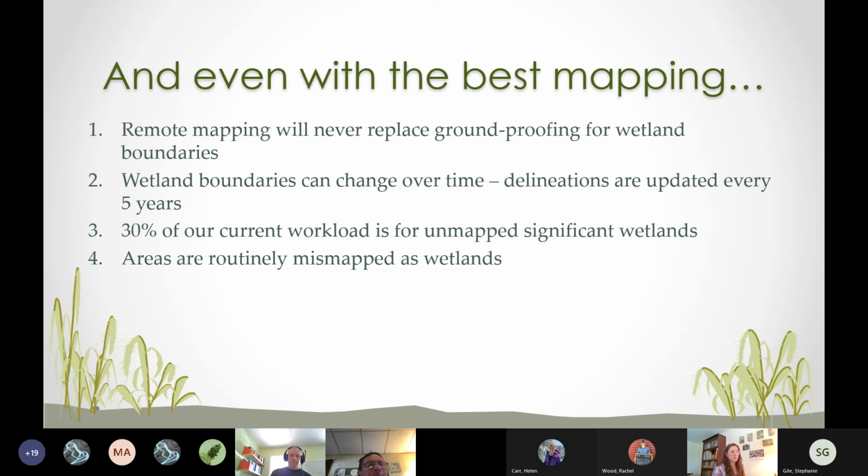There's certain wetland types that are really hard to detect on maps. Softwood forested wetlands are really hard to detect because of the aerial component. You're not able to see the hydric soil underneath. There are some other types that are also pretty hard to see unless you're on the ground. And then there are some funny things that do get mapped as wetlands that aren't actually wetlands. I think all of the sewage lagoons throughout the state are mapped as wetlands, and that's not something we're going to take jurisdiction over.